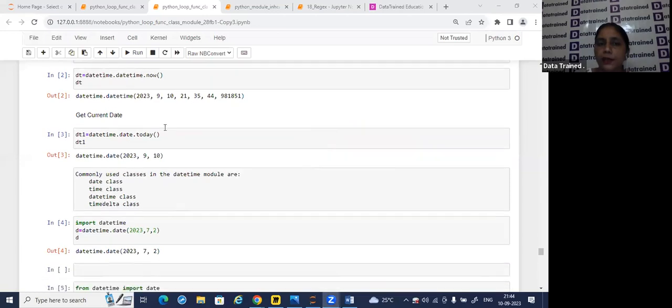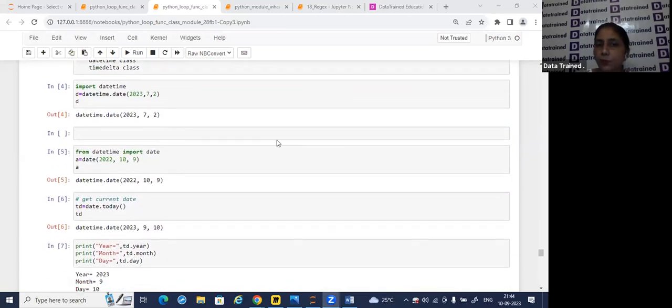Whenever I want to find out a specific date and time only, in that case I need to call a specific module name, then import the class name, and simply call the class, and the internal attributes I can fill in: year, month, and date value. I can fill in any value, so that the constructor fills all these values inside the attributes. Inside this date class,